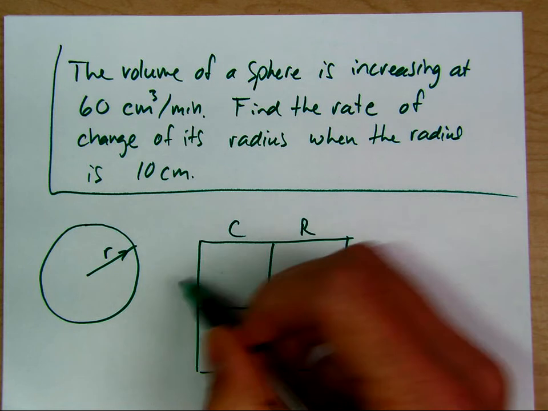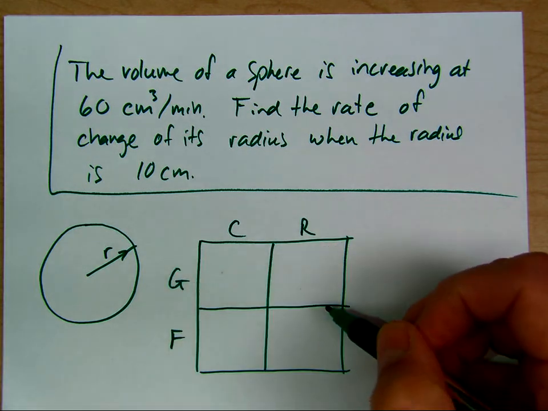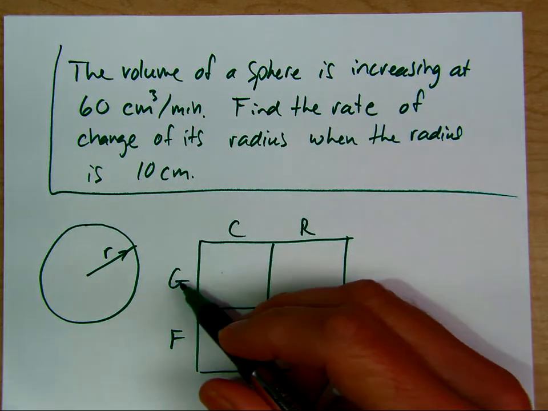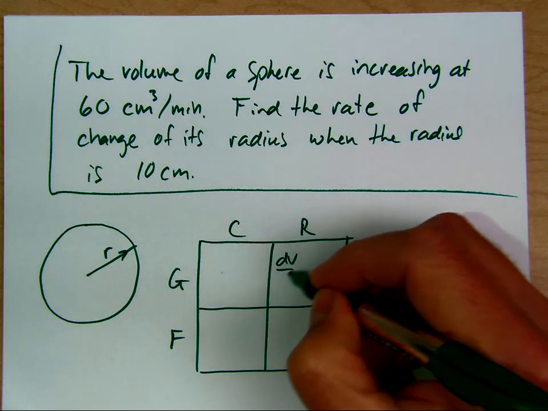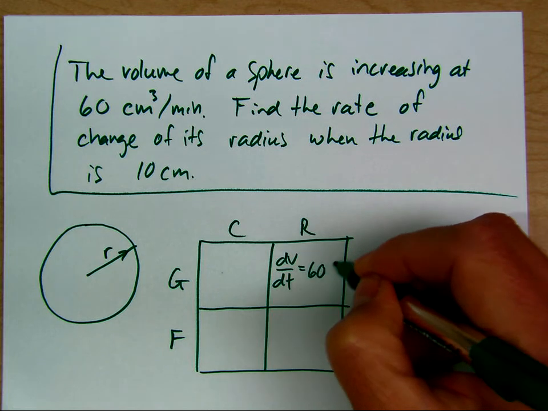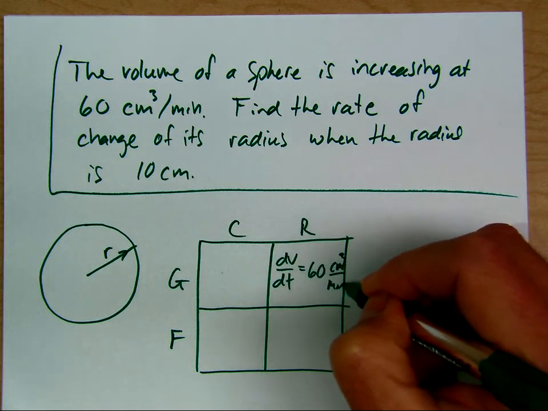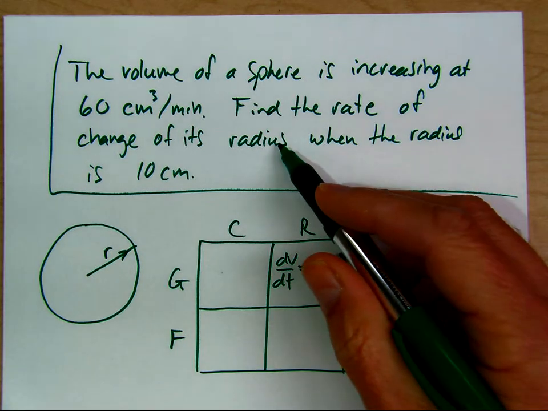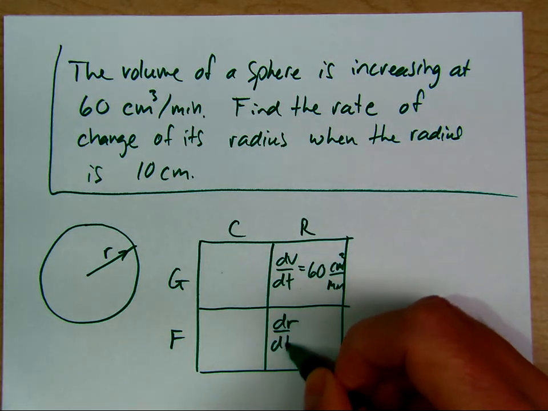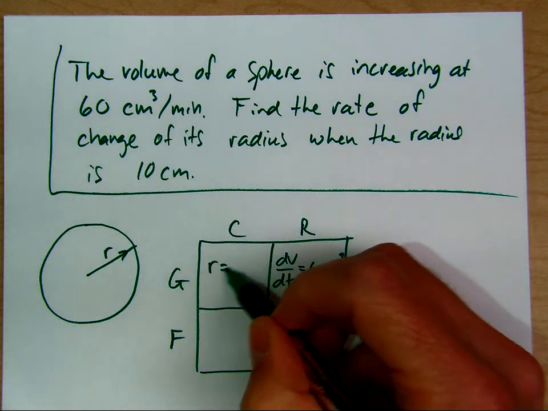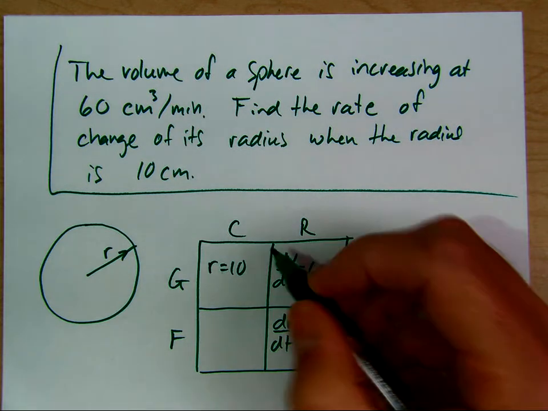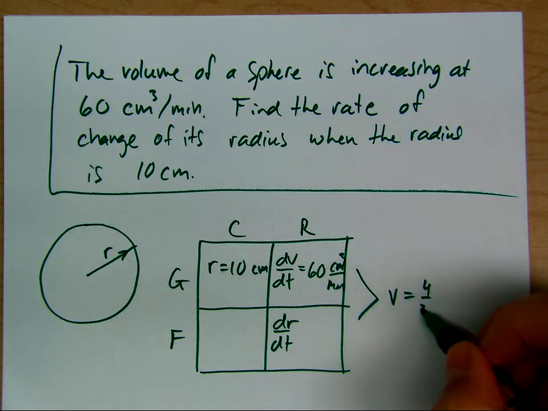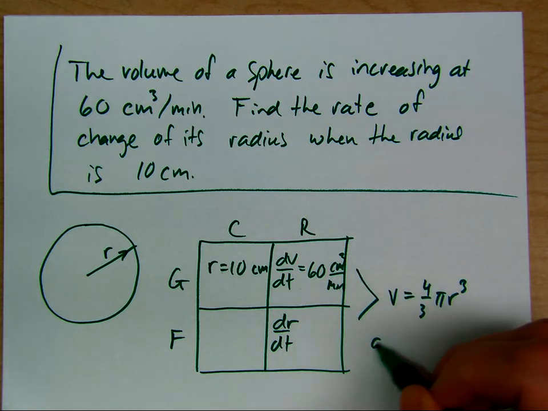Constant, rate, given, find. So we just read through it. Volume increasing, so that's a given rate: dV/dt is 60 centimeters cubed per minute. Find the rate of change of its radius, dr/dt, when the radius is 10 centimeters. So the relation for the sphere volume is V equals 4/3 pi r cubed. dV/dt